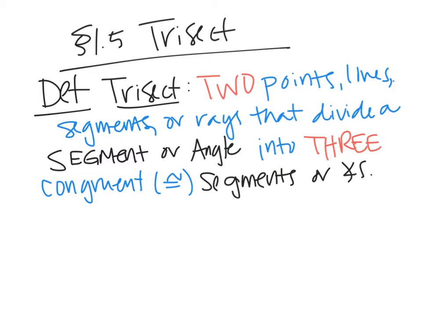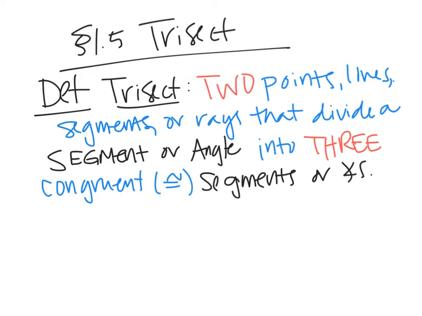All right, guys, we're going to talk about trisecting today. So trisect, the root would be tri. Tri means three. Tricycles have three wheels. Trisect is to divide it into three pieces. So we use 2 points, lines, or segments, or rays, and divide a segment or an angle into three congruent